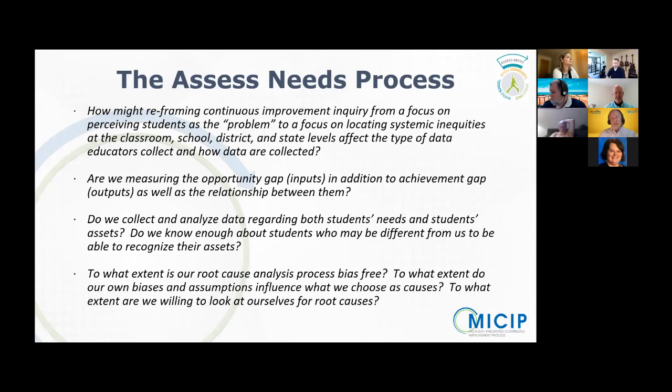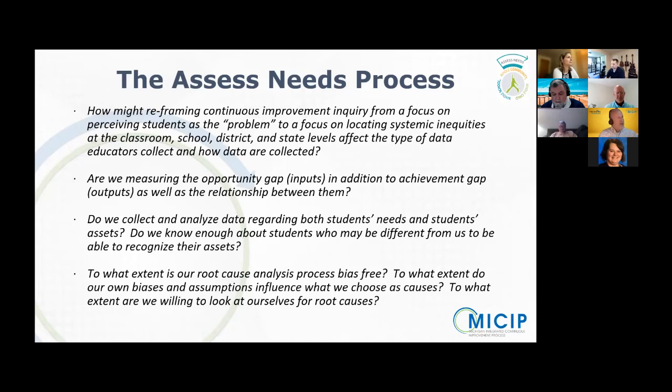Along those same lines, when we look at, say, the achievement data, are we looking at it in isolation? Are we looking at it from all the same standard, or are we looking at it from what we call that opportunity gap lens as well? So how are students performing? This starts to get at root cause. How are students performing relative to the opportunities that they have had? And again, do we provide students supports for what they need so that they have equal opportunities to realize success? Okay.